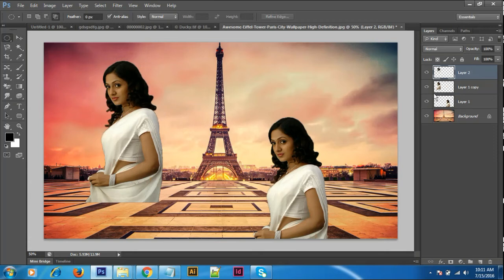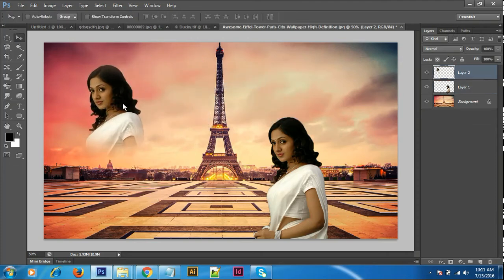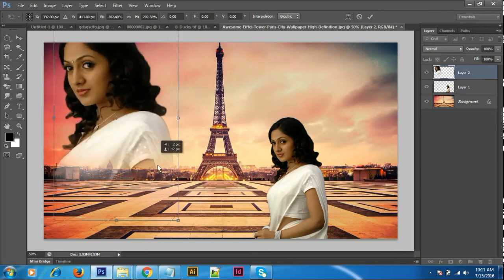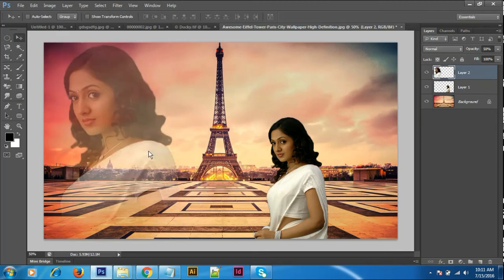Okay, we have two images here, one is this one and one is this one. I'm deleting this one and placing this one. Control plus T, transform. Apply the feather and take an eraser tool. Keep the eraser tool as a soft eraser tool.